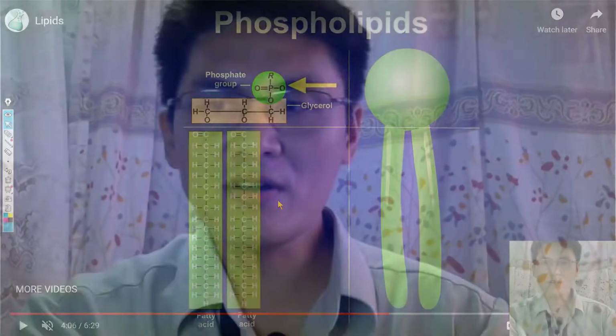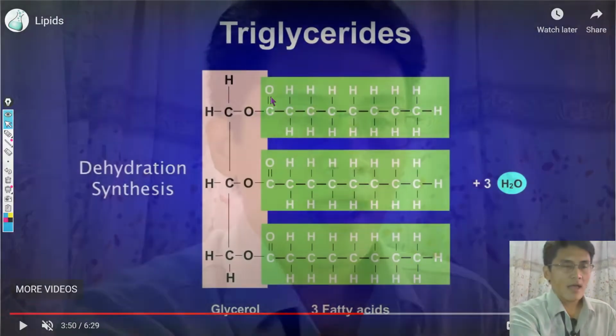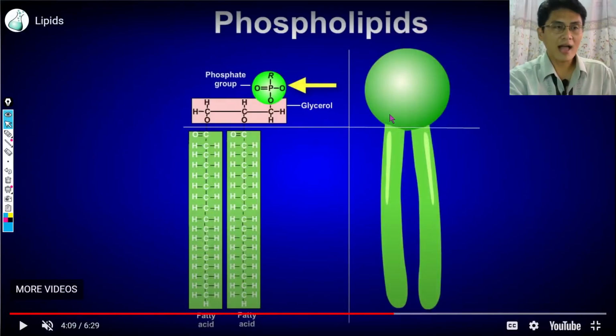So let me remind you how a triglyceride looks before we move on, just so that you remember what I am talking about. So this is a triglyceride, right? You have three fatty acids connected to a glycerol. And a phospholipid is again very similar. You have the glycerol, two fatty acids, and then the third bonding site, instead of another fatty acid, you have